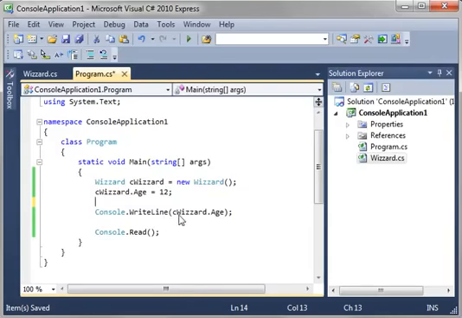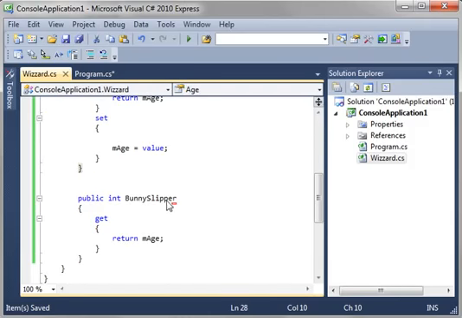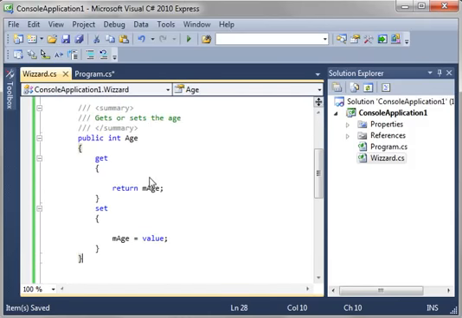Now, when you set something, you're using the equal sign. Age equals 12. So that's calling the set portion. When you get it, you just say wizard.age. So you're getting it. In other words, age is going to return, set is going to set it. Very simple. I know it sounds a little confusing, but really all you need to understand is that you are